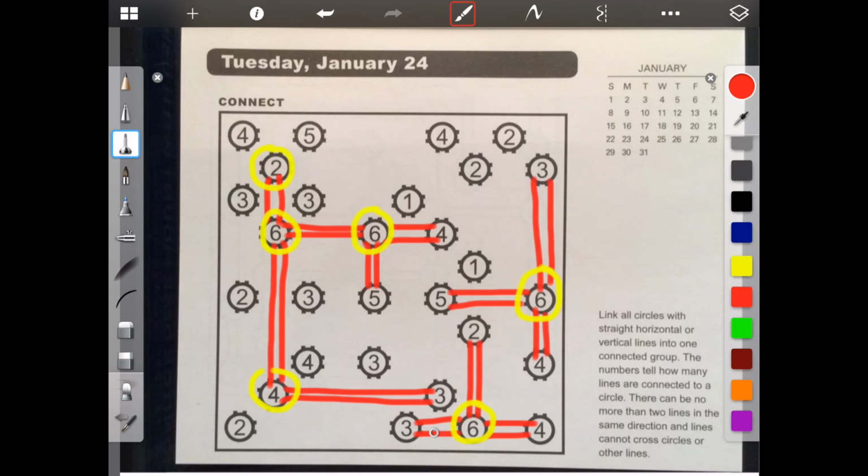So we're down in this corner. Now we have this 3 that's not done, so we finish that. And if we look here at this 6, we have a 3 that's not finished, so we finish that. That means this 2 isn't finished, finish that. This 2 isn't finished, finish that. This 3 isn't finished, finish that. And this 4 isn't finished, finish that. So we now have